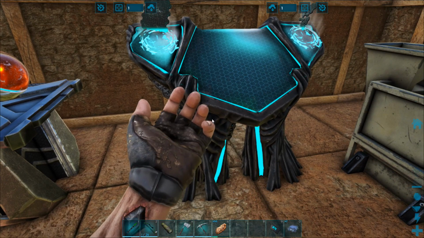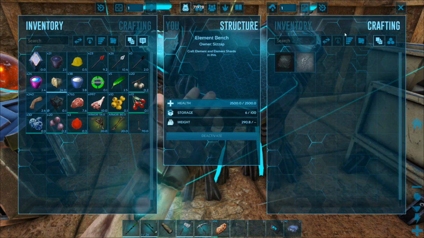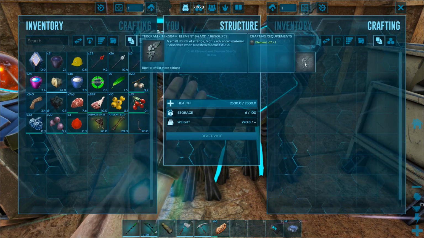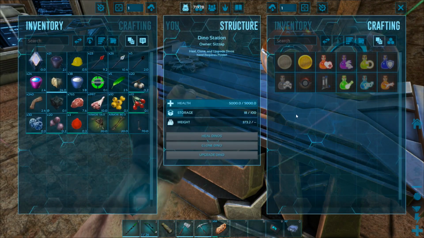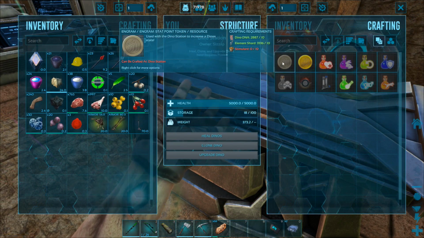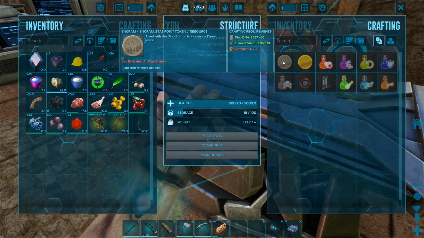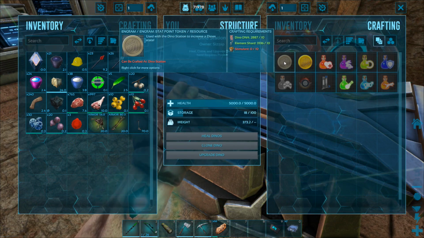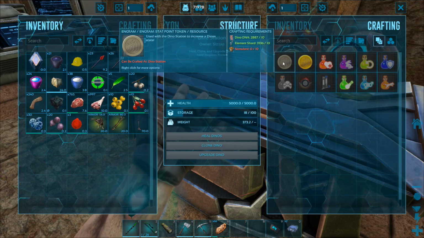Now, this is an element bench, and it uses gasoline to activate, and you can then craft element with black pearl, cementing paste, crystal, electronics, and ingots. The reason we needed that is we had to get some shards, so that'll take the element and craft it into shards, because for the recipe we need these right here. So this is a stat point token that we need in order to increase his stats. And as you can see, we already put a bunch of element shards in here. We've got 28, almost 2,900 DNA, and we're making stimulant